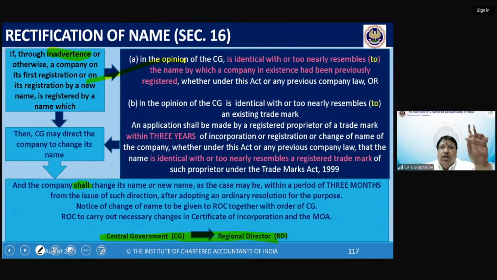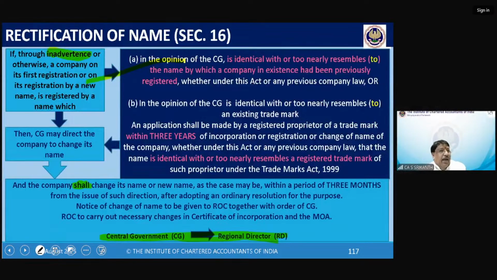So, in the opinion of the central government, is identical with or too nearly resembles, okay, to the name by which a company in existence had been previously registered. Okay, simple. The company is already incorporated or changed its name. Now that name or the new name is identical with or similar to the existing company's name. Or, in the opinion of the central government, is identical with or too nearly resembles an existing trademark. Trademark is also covered here, which is why before allotting a name, the Registrar of Companies, MCA, will review the trademarks